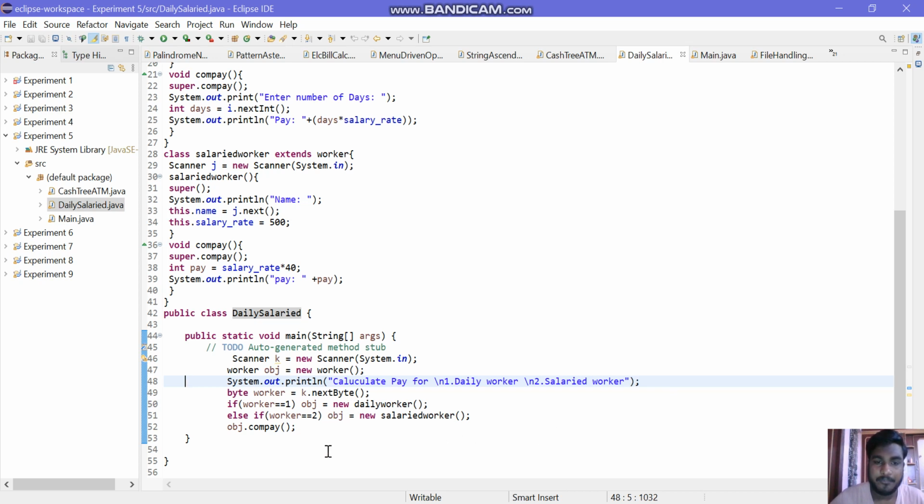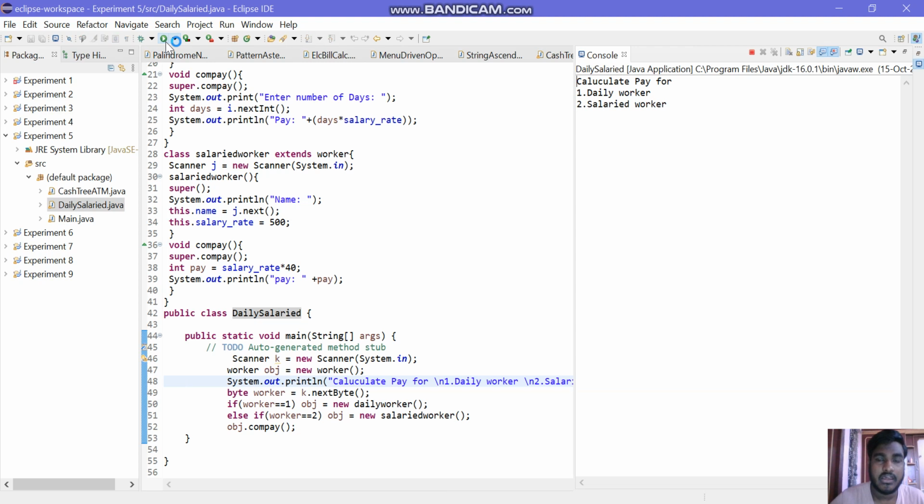Now let's run this program and calculate the amount for salaried worker and daily worker. So I'm choosing daily worker. The name I give as Sid. I'm entering the number of days worked. For example, you can give any days. I'm giving 100 days.